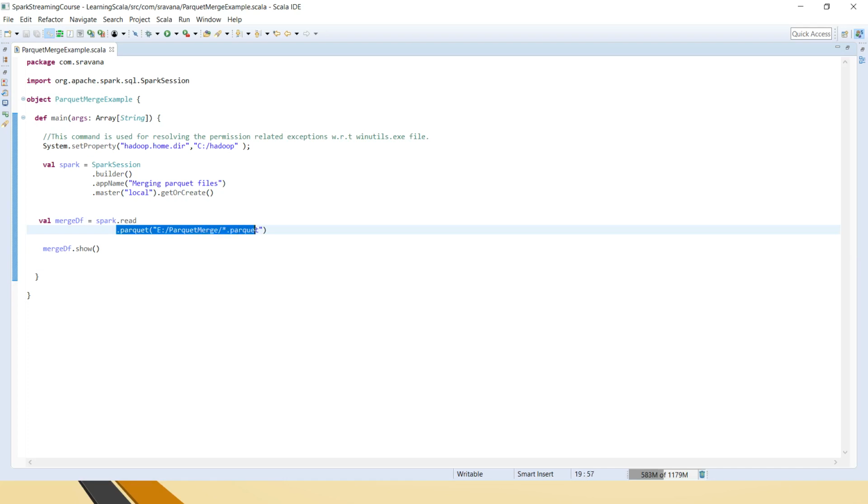I have taken Parquet as an example because in most cases we use mergeSchema only for Parquet, since it's a column oriented file format and will be spread across partitions. We may need to merge the schema often. Here I am not adding any extra option, I am just reading all the Parquet files present in this folder. Now let me run this and show you the output.